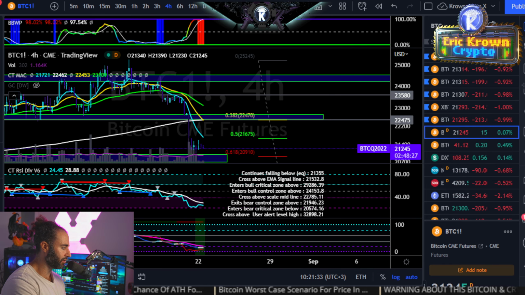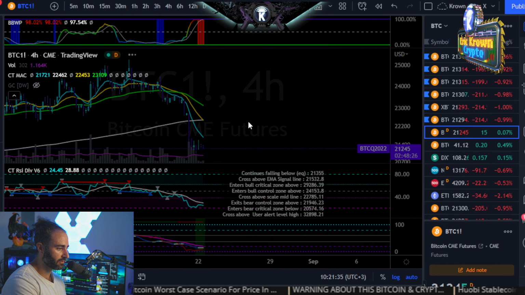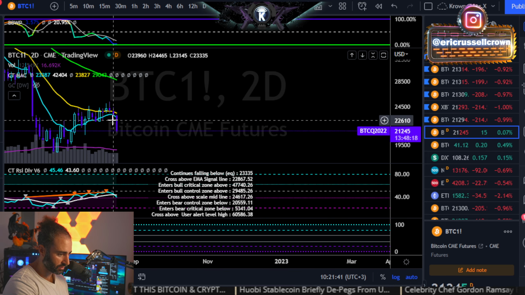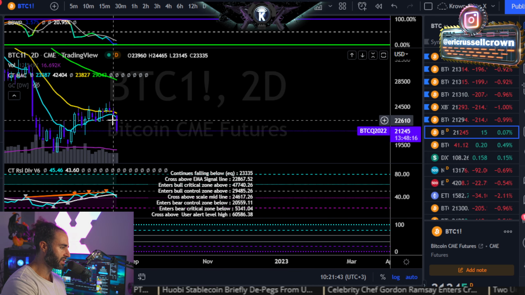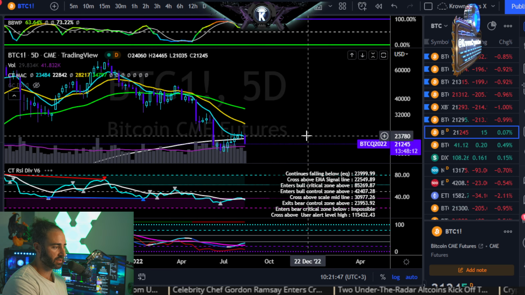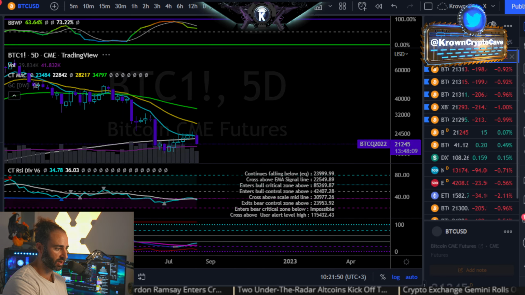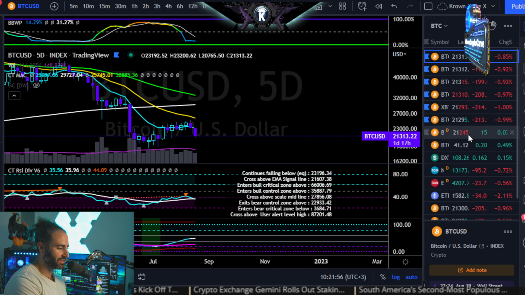I wanted to come back over here and address the 2-day time frame, because the 2-day time frame obviously has hidden bearish divergence that was confirmed upon, I think, Friday's close, or maybe sometime late last week. That was confirmed right there. And then the 5-day is going to be confirming today for CME. Obviously, spot price action has, I believe, already confirmed it. Or sorry, no, it confirms tomorrow. But very, very likely to hit right there.